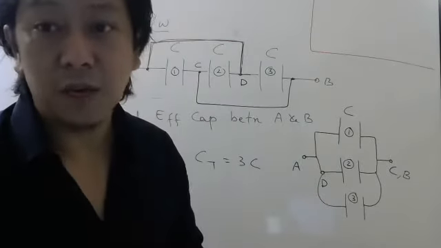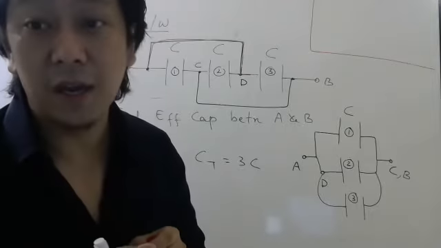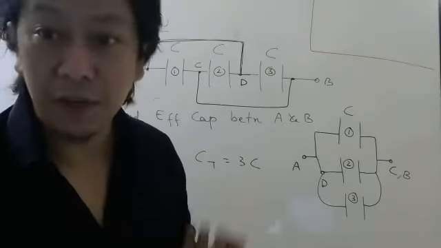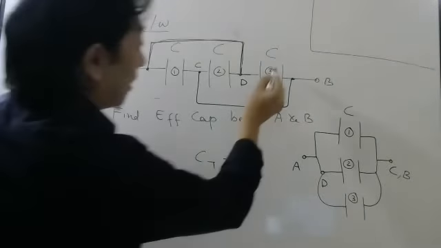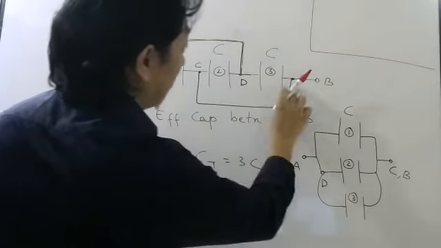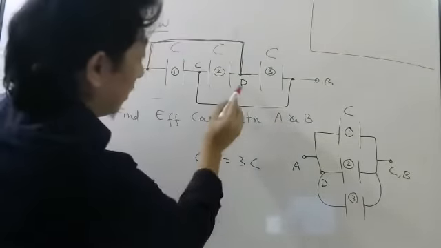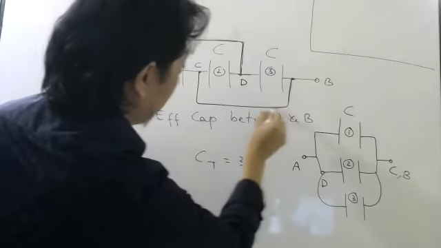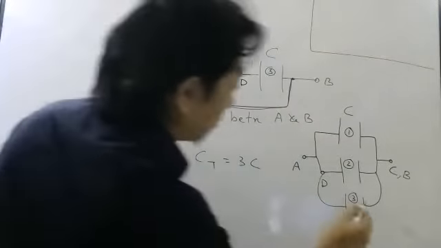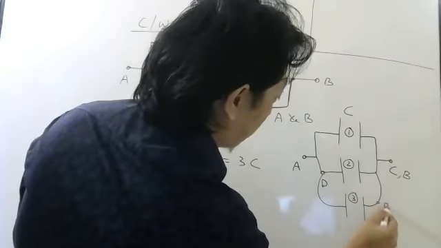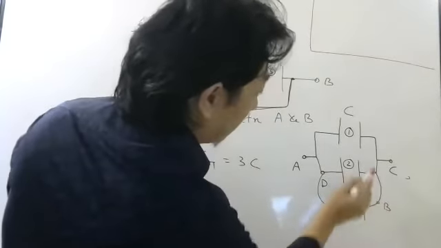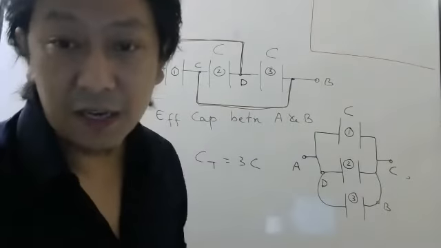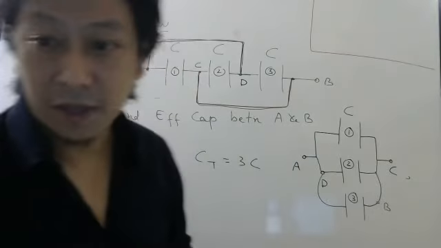So if you directly connect two points with a conducting wire, potentially they are the same. If one is 10 volt, the other will also be 10 volt. Similarly, the third capacitor is between D and B. And B, if you check carefully, is connected to C. So, Sanjay, if you look carefully, these three capacitors are in parallel now. Understood, Sanjay?